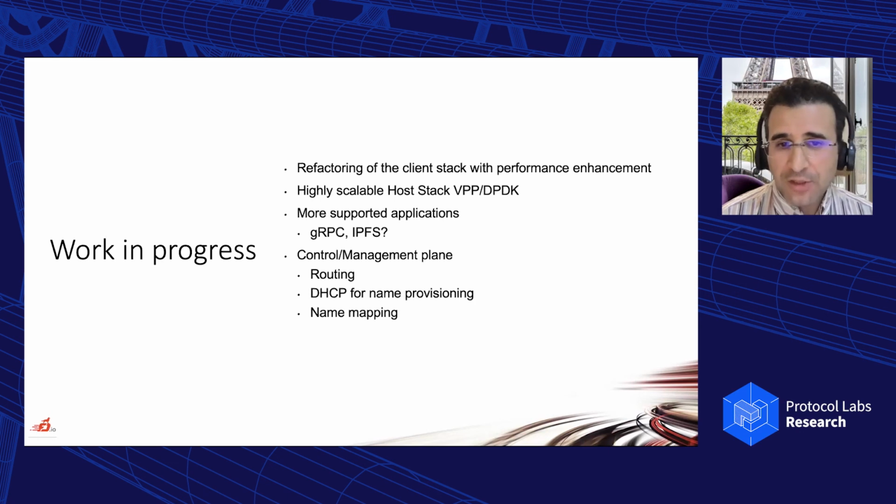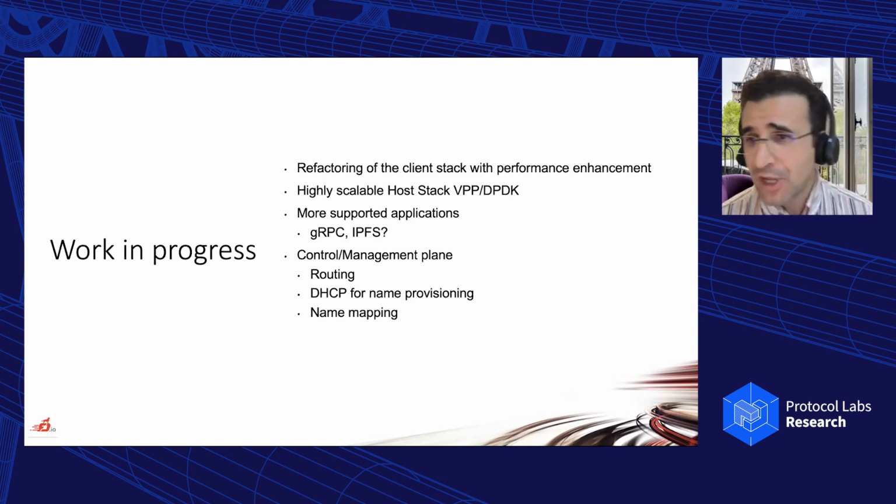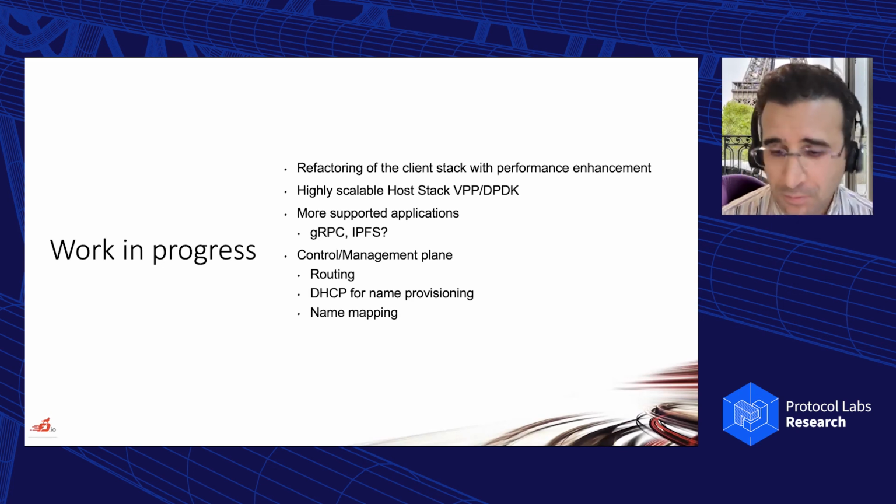We're also working, as I mentioned, on control and management plane, routing, but also a number of services required by hiCN, such as DHCP for name provisioning, name mapping, and service discovery. And this is it for